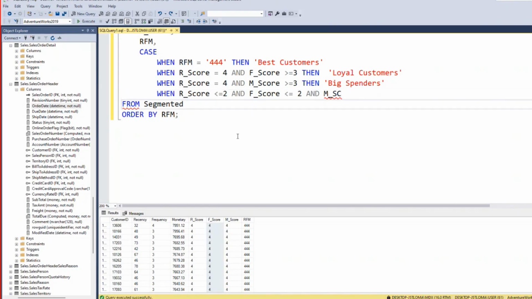That's how they do it. M score is less than or equal to 2, then we call them at risk